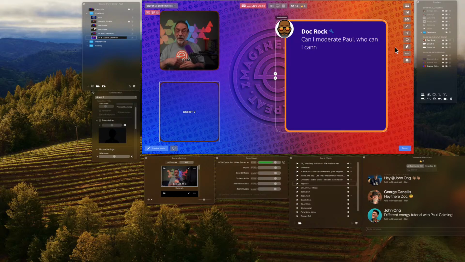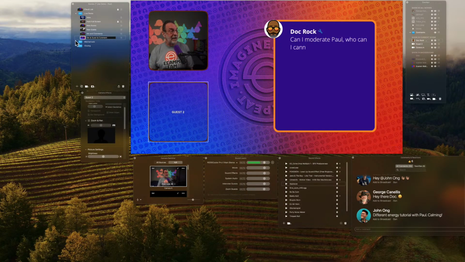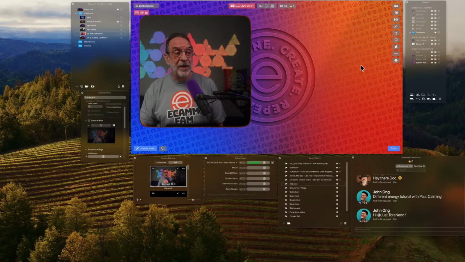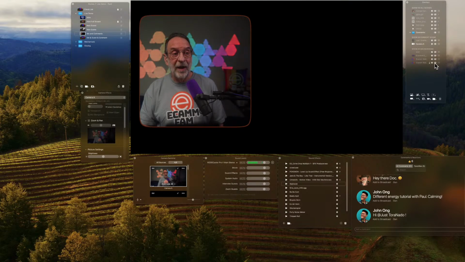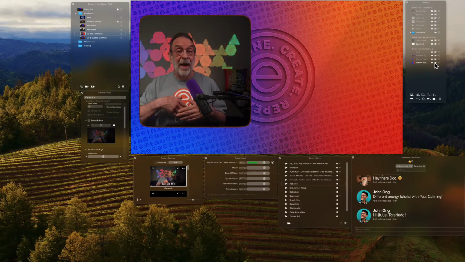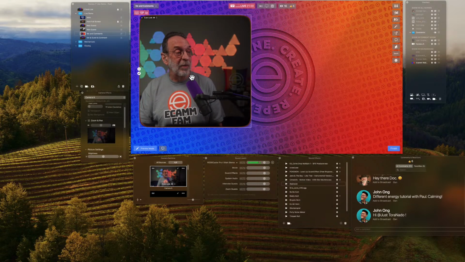So again, this is a scene. This scene is completely different from this scene. If I wanted to change this background on this scene, I could turn this background off. I could put a different background in. I could take the backgrounds away. I can do things completely separately. If I wanted to add a lower third, so you'd know who I was,